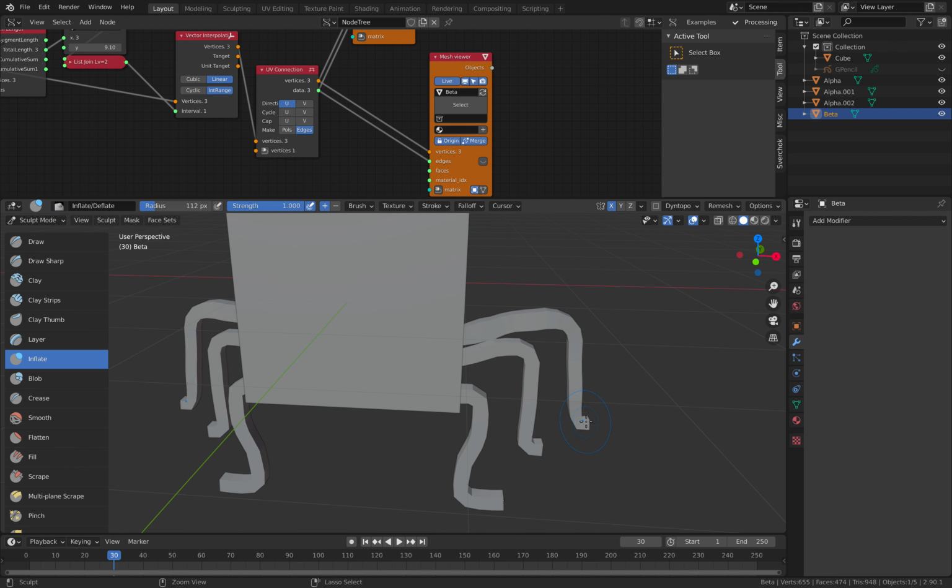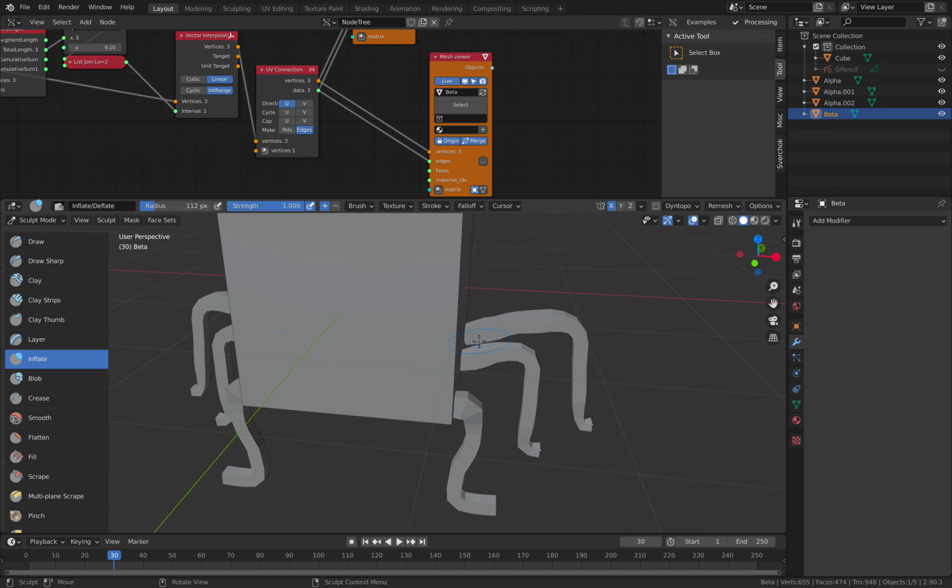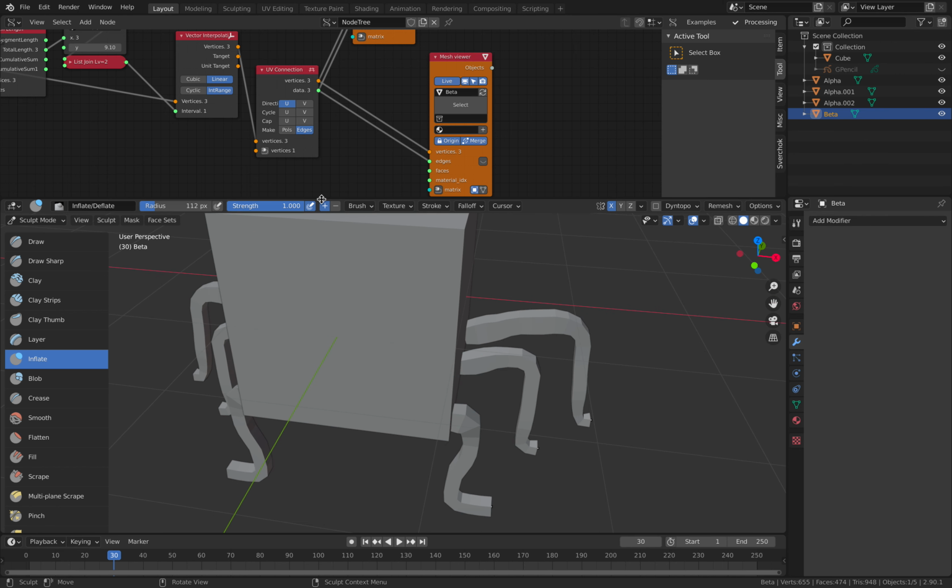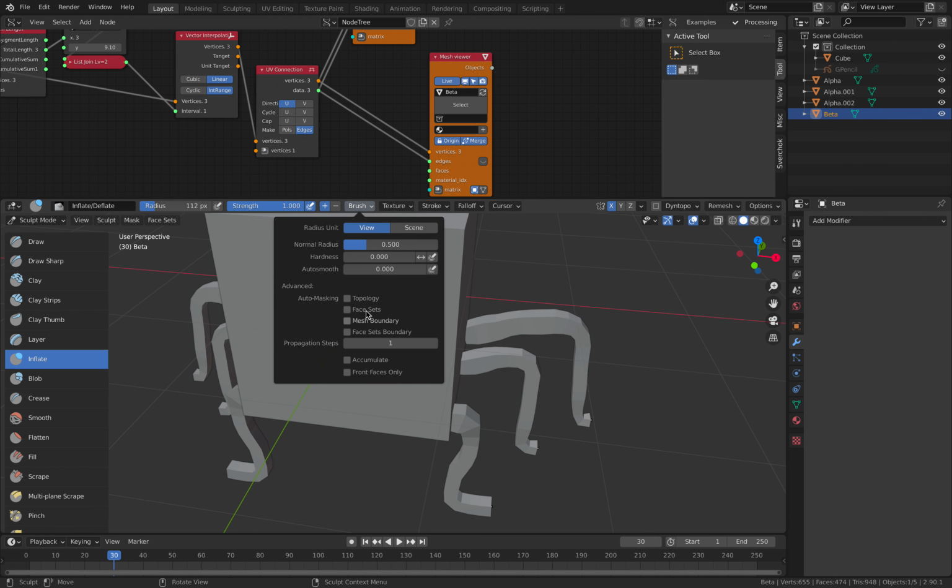If you hold Control while doing this, you're gonna create less thickness. And I believe this actually works per object, or you need to set it up here under brush